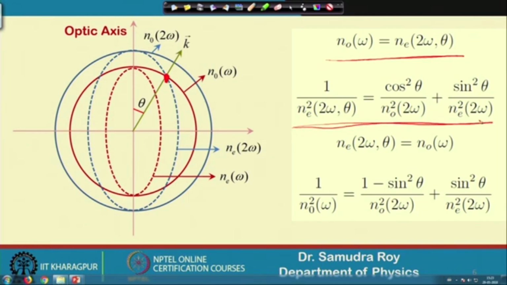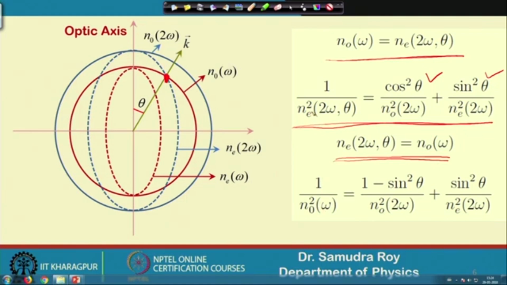So, 1 over n_e squared of 2 omega at theta, I want to find out the theta dependency. If I want to find the theta dependency, on the right hand side the cos theta and sin theta terms are there. So, it is cos squared theta, sin squared theta, n_e of 2 omega and n_o of 2 omega squared. Now, if I put these things here, the condition here,